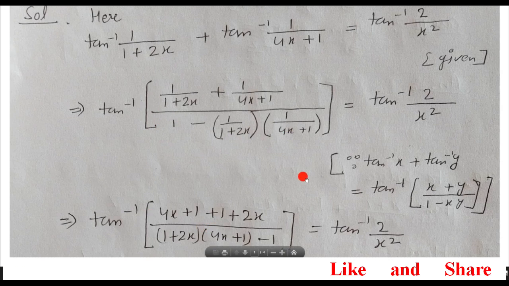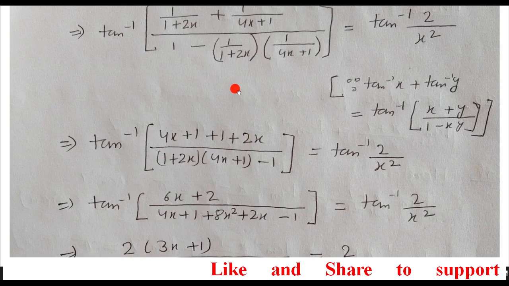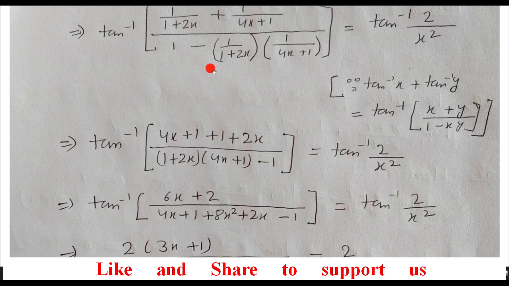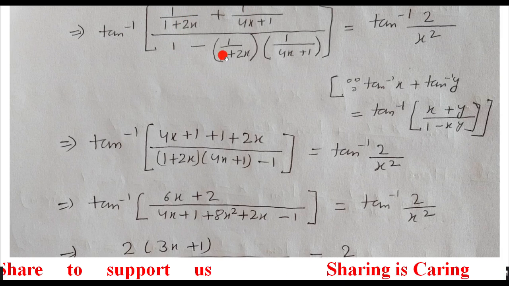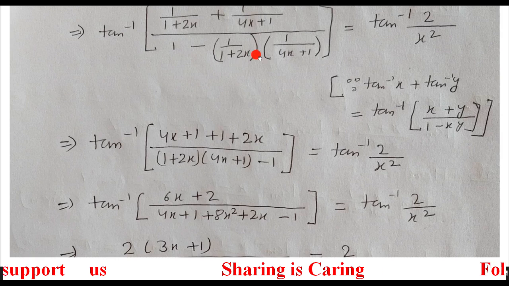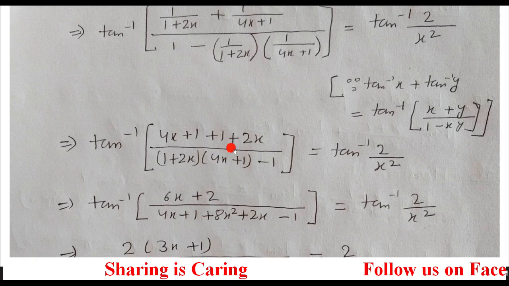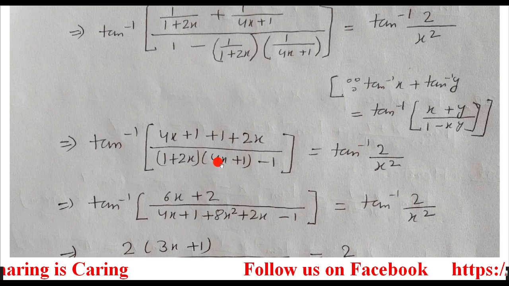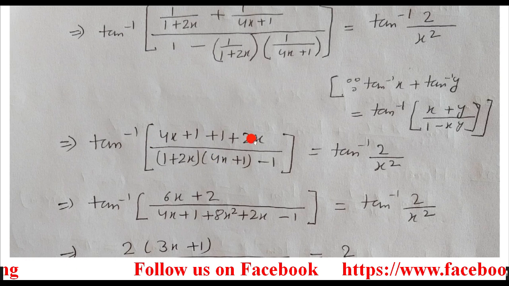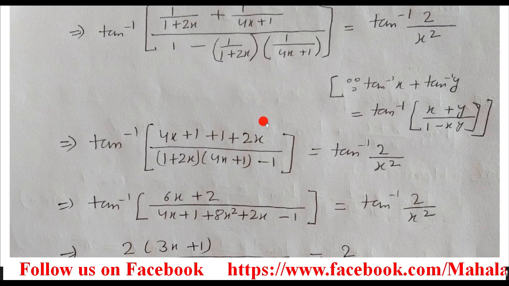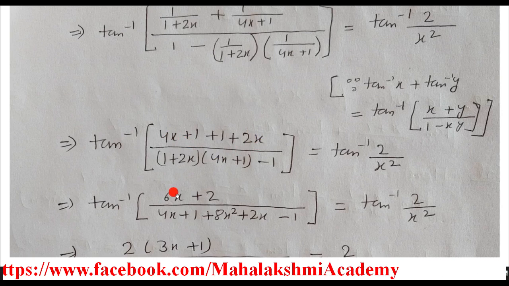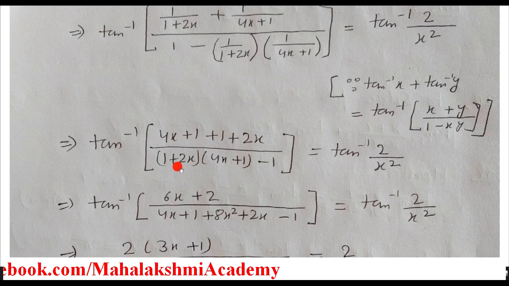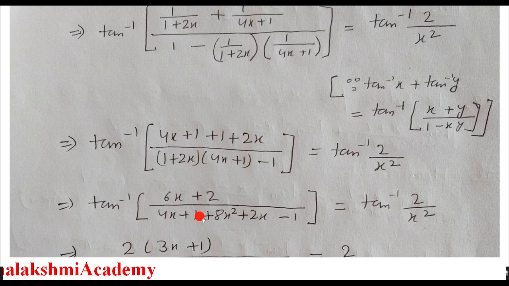So students, in the next step after cancellation, in short I cancelled the denominator LCM and wrote only the numerator of the upper fraction and the numerator of the fraction from down also. I cancelled the LCM because the LCM is going to be the same. Now after that step we obtained this, we have to simplify this. Now here 4x plus 2x is 6x, 1 plus 1 is 2, and here just open both the brackets, so we'll get this step, and minus 1 just keep as it is.